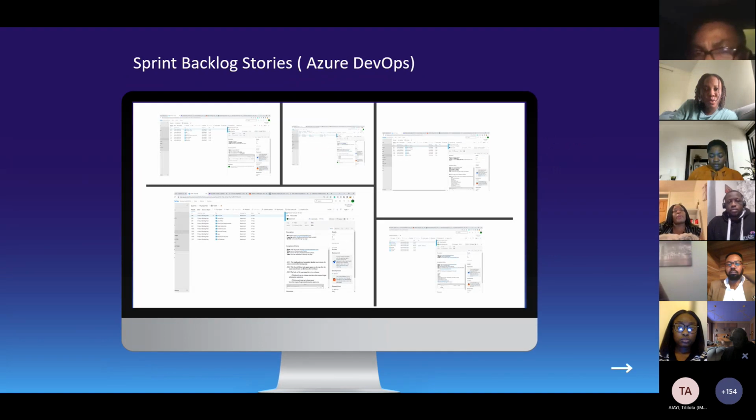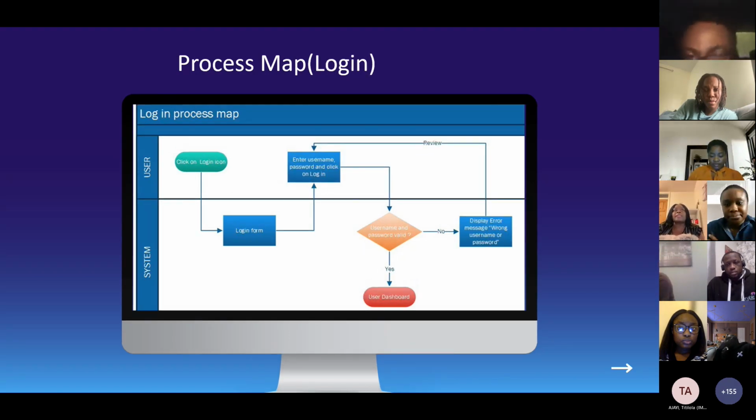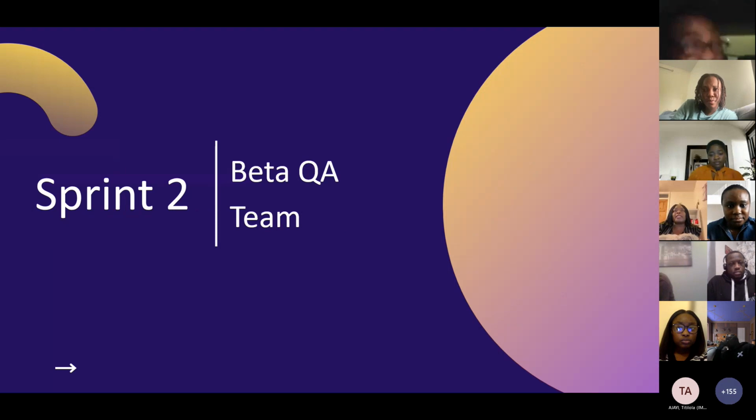This is the sprint backlog of stories written. And we have the process map for sign up and also for log in. Over to